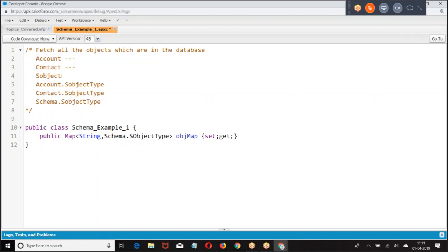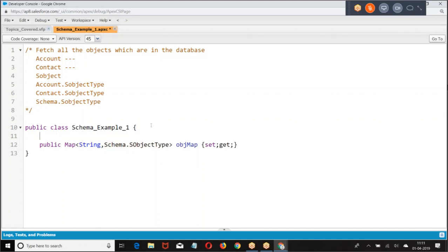If you are not sure whether it's an Account or a Contact, I'll go with Schema.SObjectType. So here, Map of String comma Schema.SObjectType, where the object name is the key and the object type is the value.